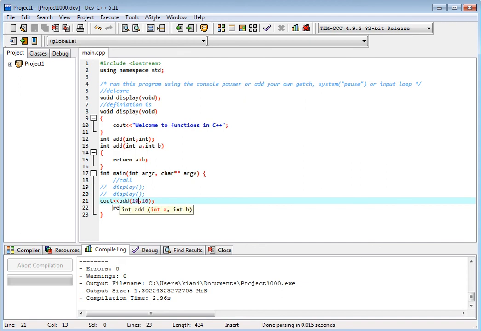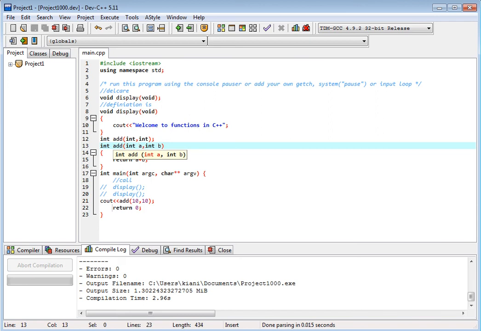So it is 20. The first argument is for a, the second for b. 10 is copied to a, 10 is copied to b, then add 10 and 10 and return 20. So it will print 20.